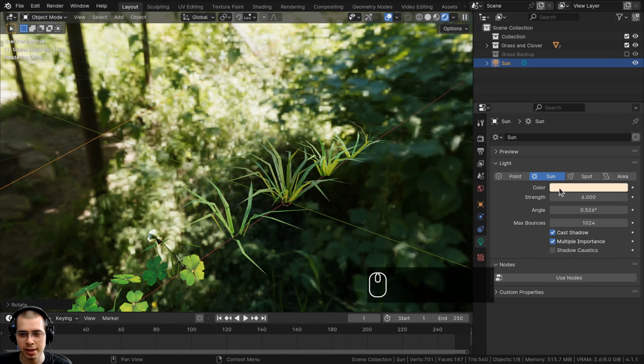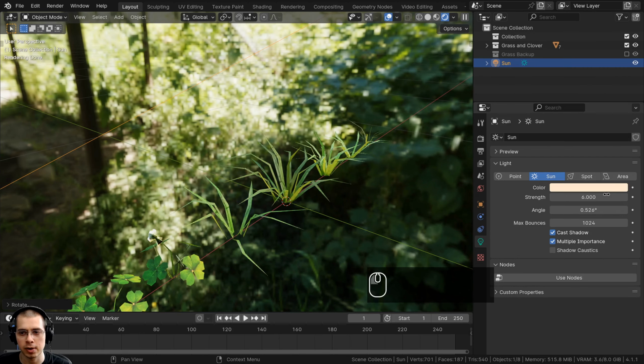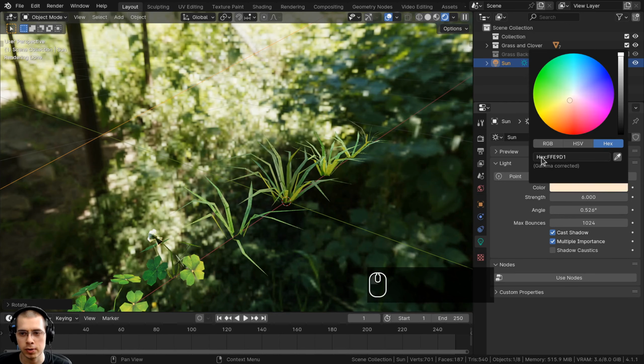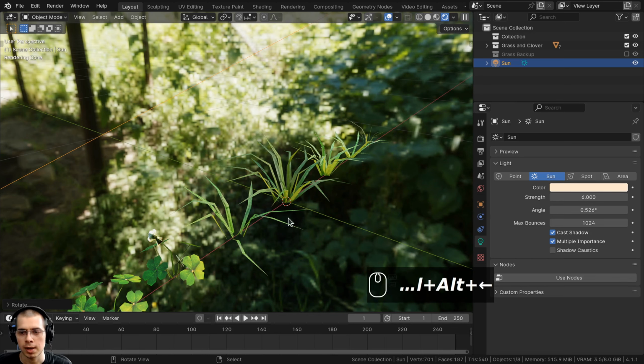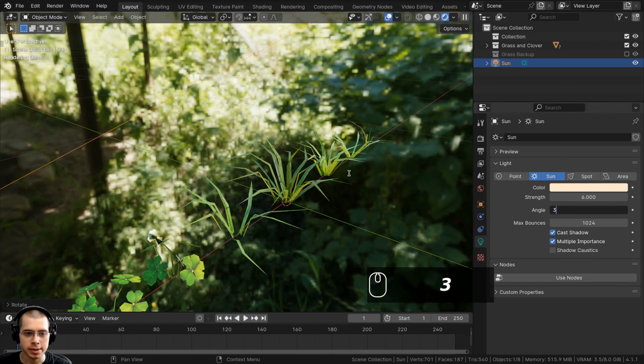I'm also going to make the color a slightly yellow color so it looks more like sunlight. And if you want to use the same exact sunlight color I'm using, you can go to the hex value and you can punch in FFE9D1. Now also on the angle here, I'm going to change this up to 3 because the angle is going